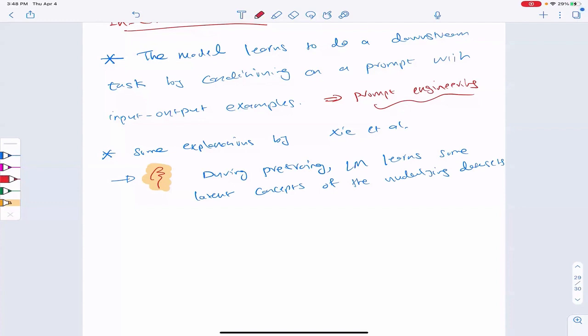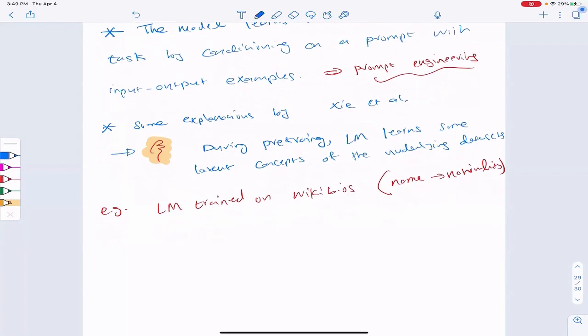As an example, if you have a language model trained on Wikibios, in many samples after the name, you get immediately the nationality of the person, from this particular country, and you learn such shared concepts, and after that maybe occupation. What is the occupation of this individual? These are the shared concepts